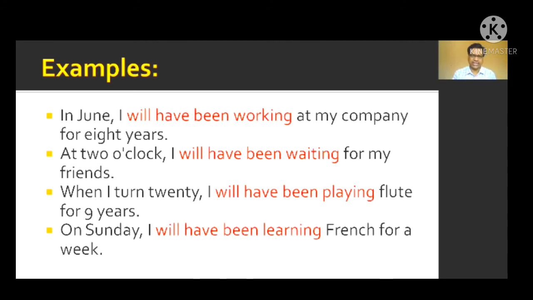Look at another sentence here on the book. At 2 o'clock, I will have been waiting for my friends. Suppose you are a friend circle and you decided after lunch we are going to meet today because there was a lockdown for a long period of time. We could not really see each other. So you decided that after lunch we will gather somewhere, we will meet somewhere. So you say like this, at 2 o'clock in the afternoon, I will have been waiting for my friends. Since I called them, I'll be waiting for them.